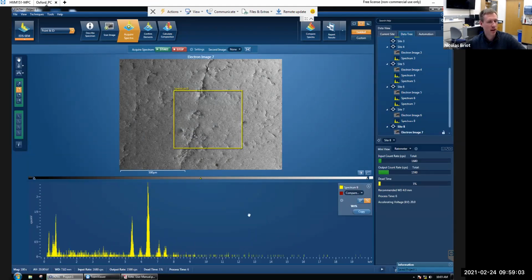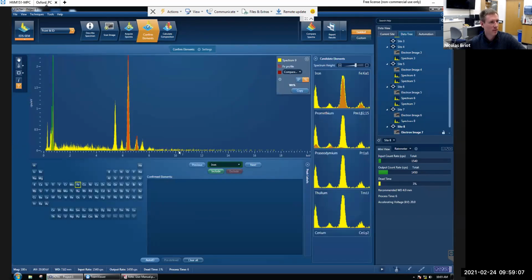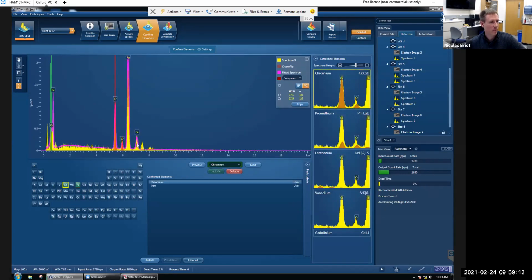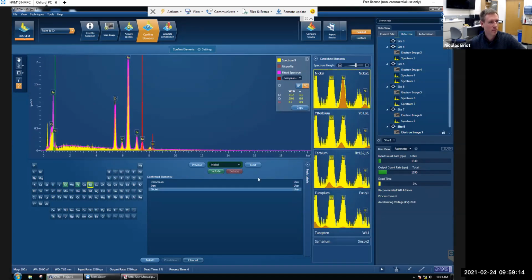Yeah, we can. Not a lot of X-rays, but we're still getting something. Looks like it's not aluminum, right? So just check that. Yep, it's going to be a stainless. Yep, here we go. Stainless screw. So having quick answers like that, that's really the nice value of this technique, because a lot